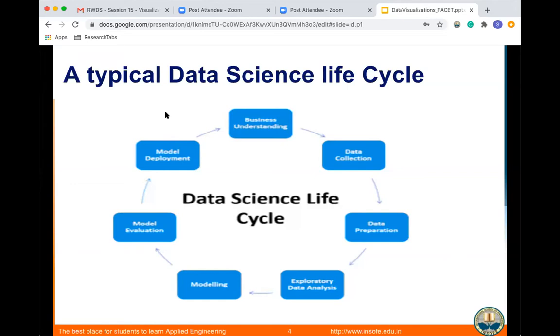You see the life cycle here, based on the type of domain and the work you're going to do. You will see the business understanding, and after that, to solve that problem, what kind of data do I need? Here for simplicity, I am referring only to structured data. Just imagine in your mind a set of rows and columns. I'll collect data of all the students of a college, say first-year marks, for example BTech, BSc or undergrad data.